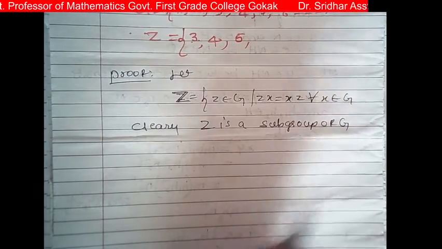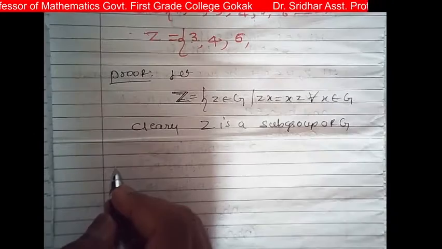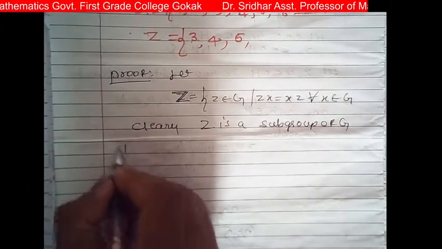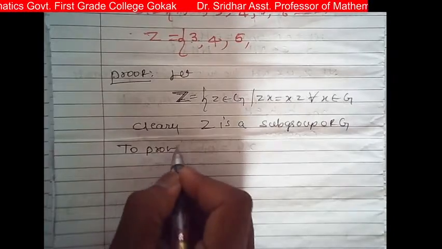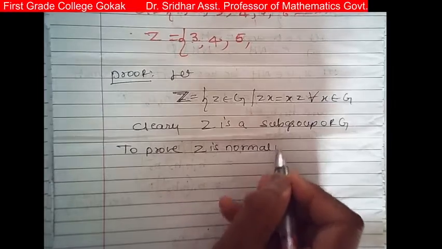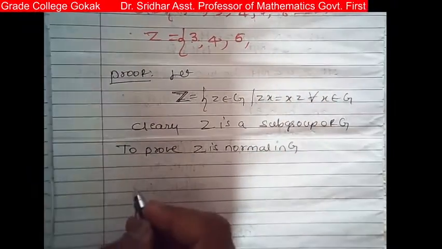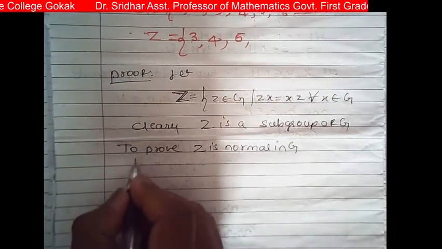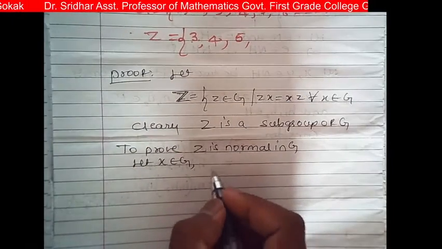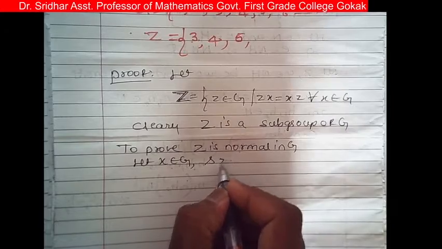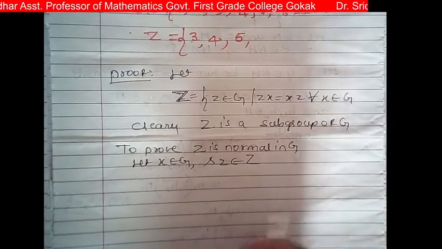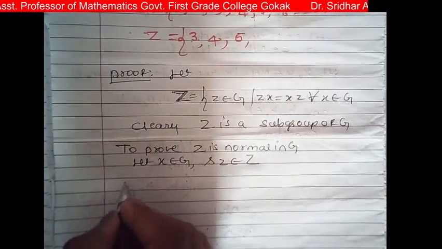So clearly Z is a subgroup of G. Now to show that Z is normal in G, we consider let x belongs to G and small z belongs to capital Z be arbitrary elements. Then